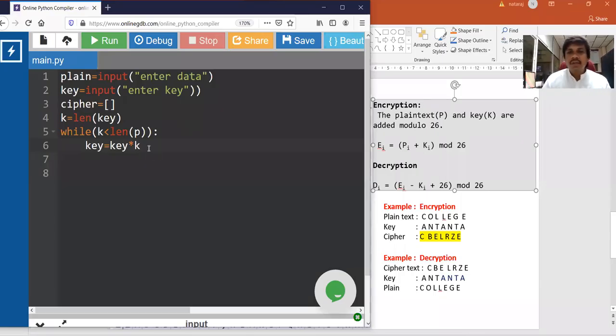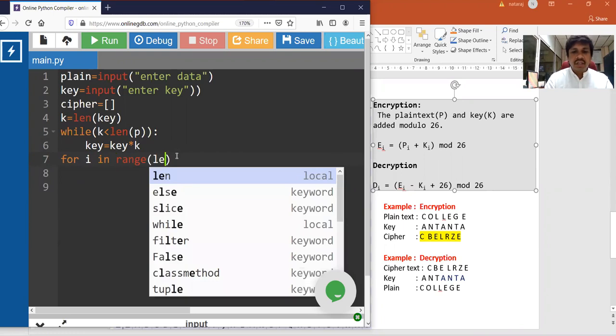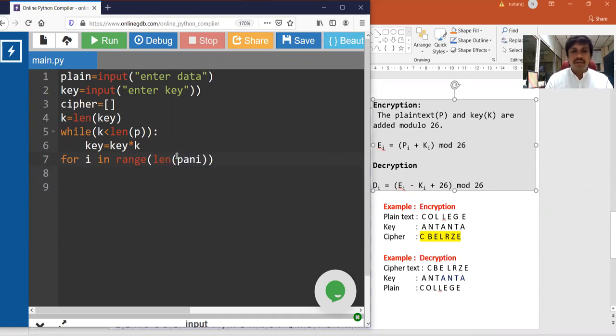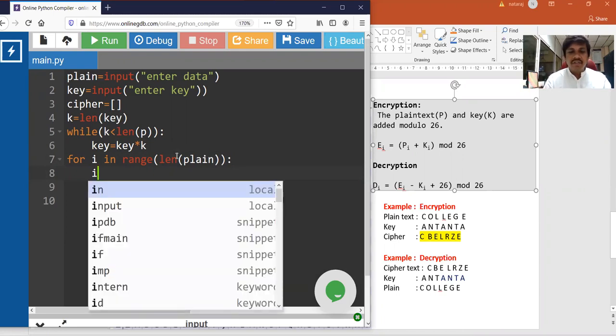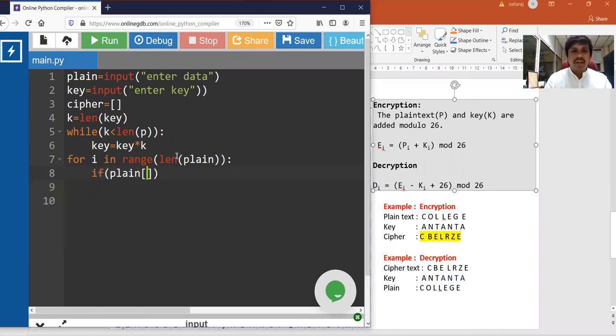Now we will try to convert this particular formula to a program. Now the plain text and key text are ready. Now for i in range length of plain text, okay, if plain of i is not equal to space, just for the space need not be encrypted.